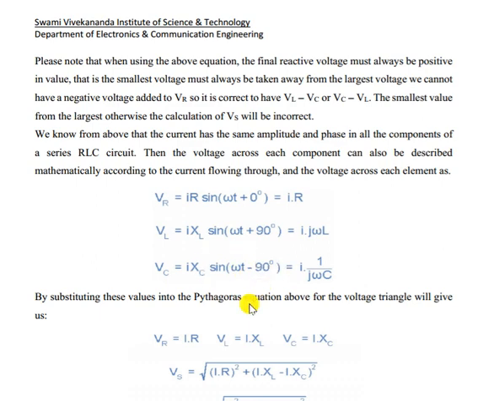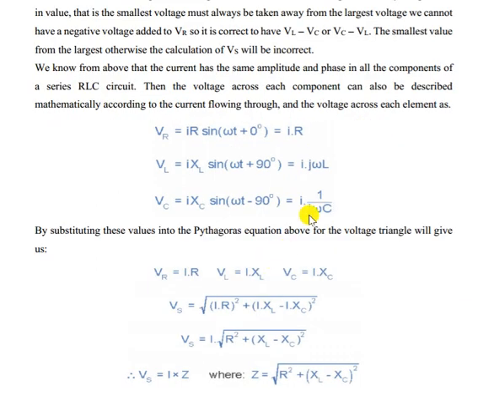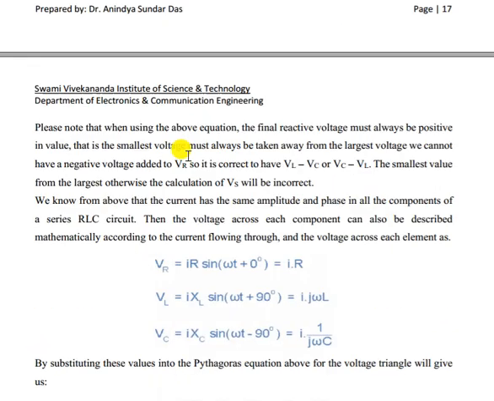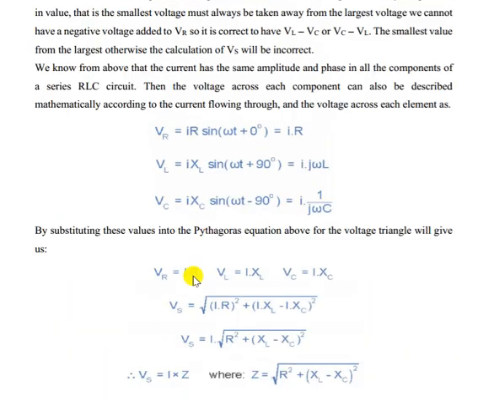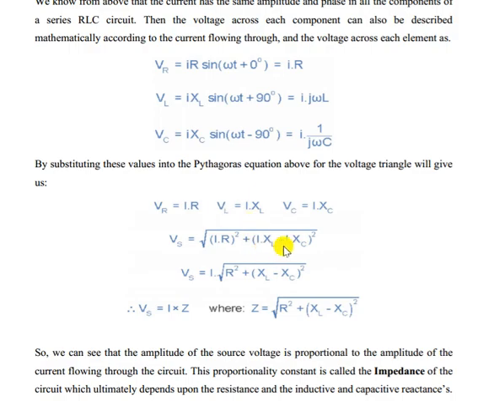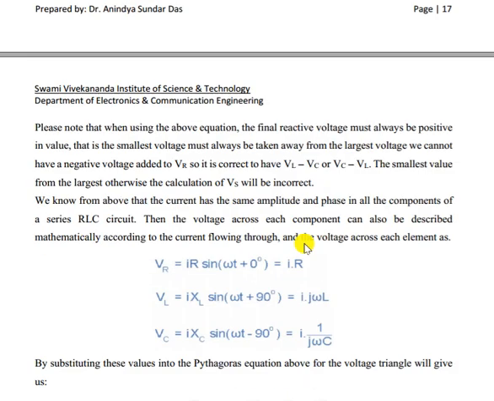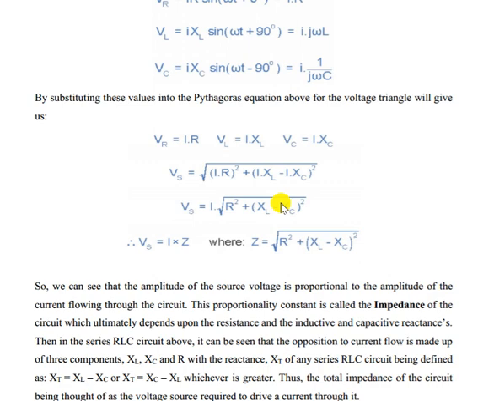For pure capacitive, voltage is lagging by 90 degree, or we can write I by j omega C. Okay. Now in this particular equation we can write that VR equal to IR, VL equal to I XL, VC equal to I XC, right? According to that, taking I out, we will have R square plus XL minus XC whole square. It can be opposite also, XC minus XL, depending on which value is higher. So Vs equal to what we can write, I into Z.